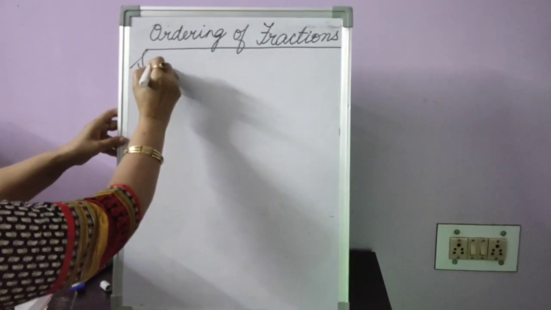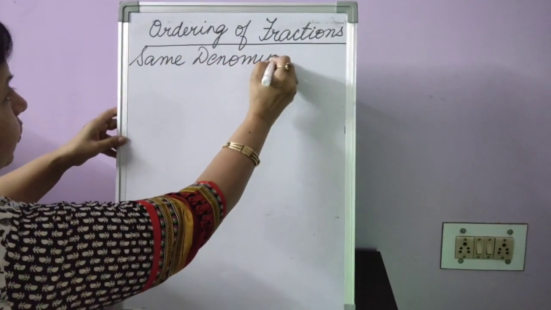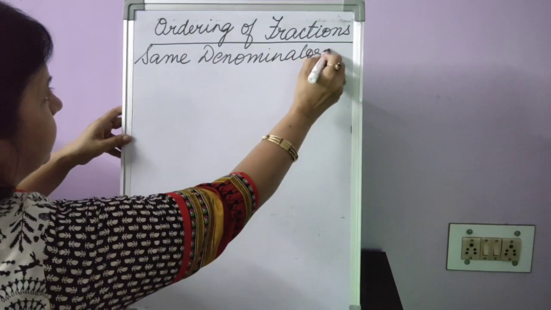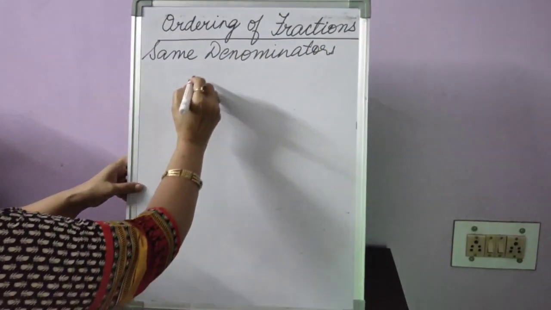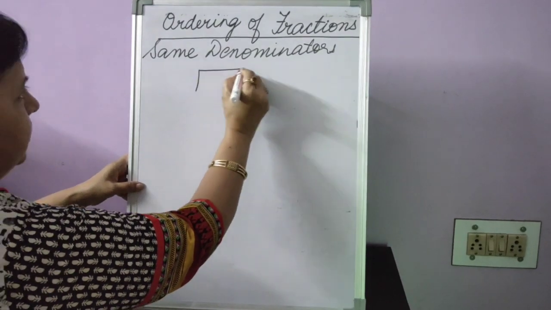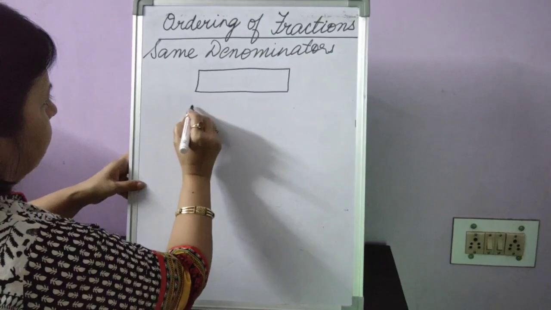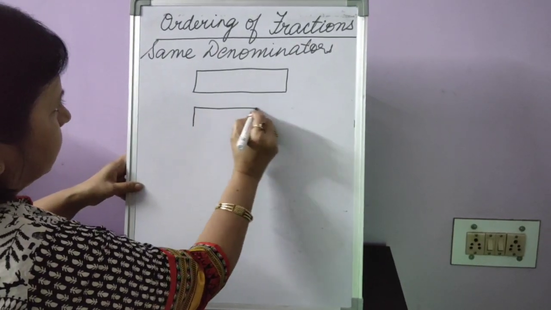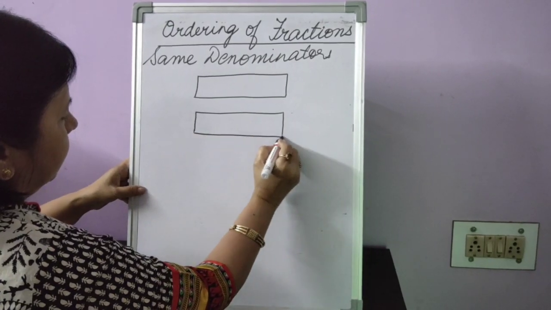Now, there are rules for it. There are two rules for it. Now, if the denominators are same, just understand first how we get the rule. If the denominators are the same, I'll just show you through an example with the help of a drawing, a diagram. Now again, children, since I'm just using freehand, my drawings might not be accurate, but if I were to use a ruler, it would be exactly accurate.